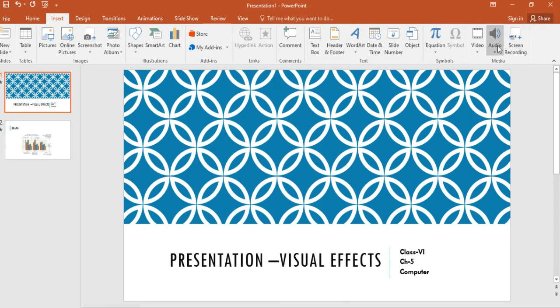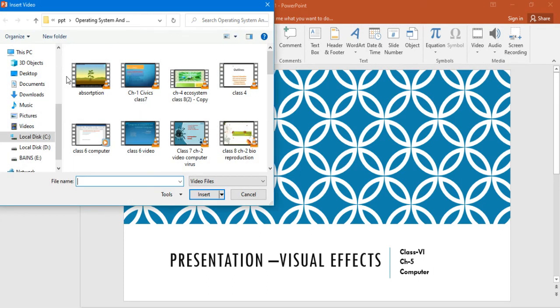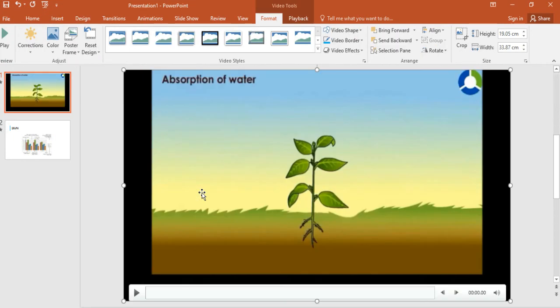Right, now next, if you want to insert video from your PC, then go to Video on My PC and after that you can select any video and click on the Insert option. In this way you can insert video in your presentation, and from this button you can play and pause the video.